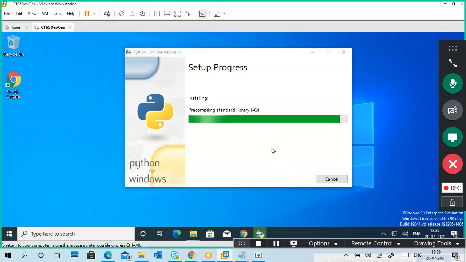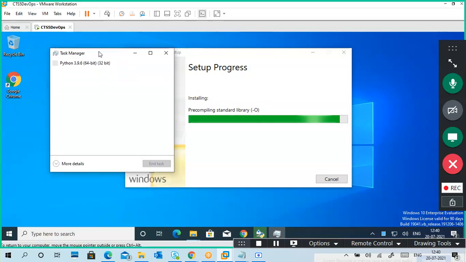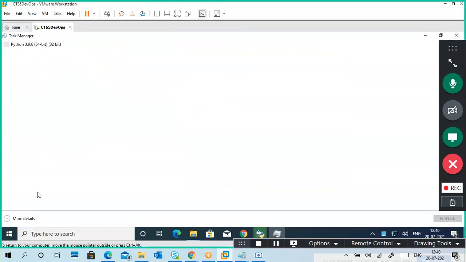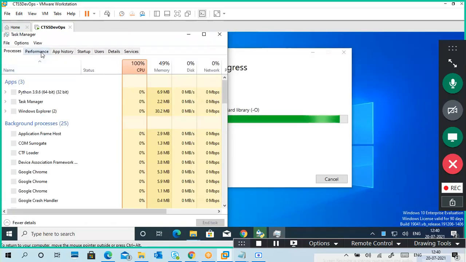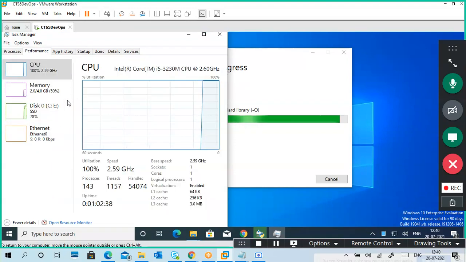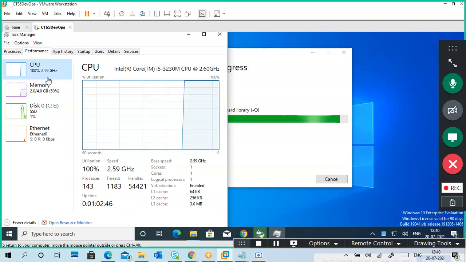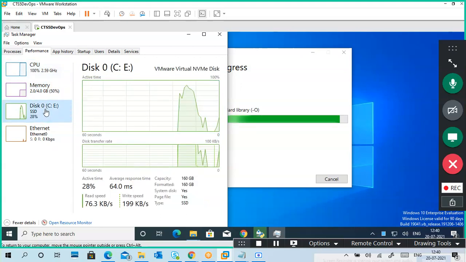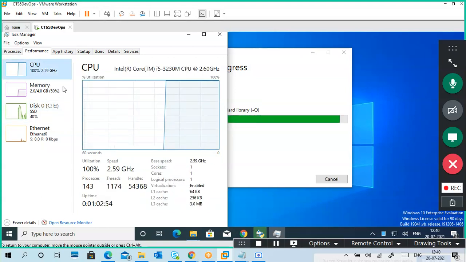How slow it is. CPU 100%. Out of 4 GB, 2 GB available. Virtualization enabled.